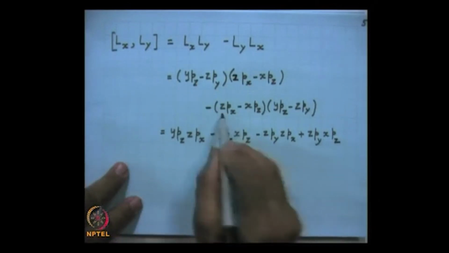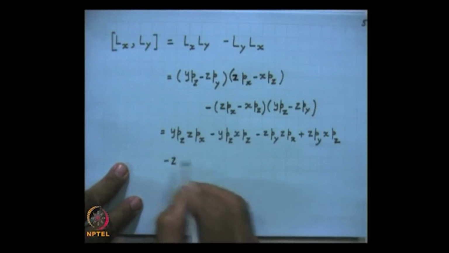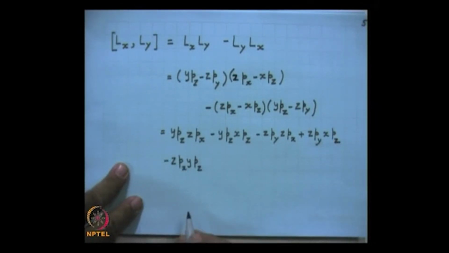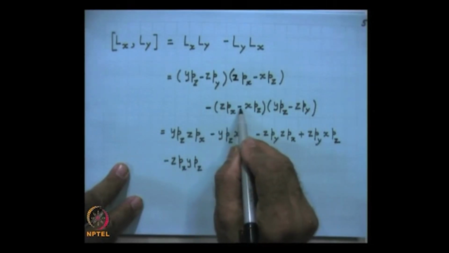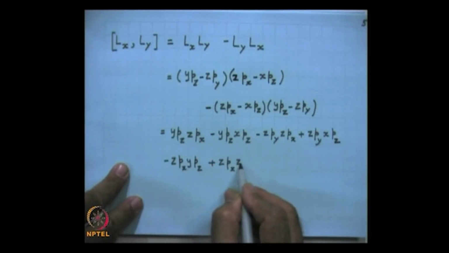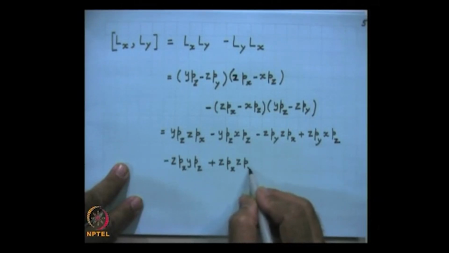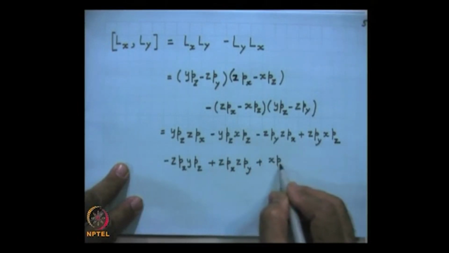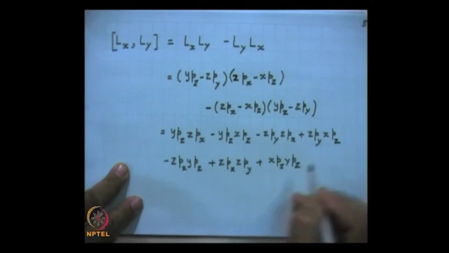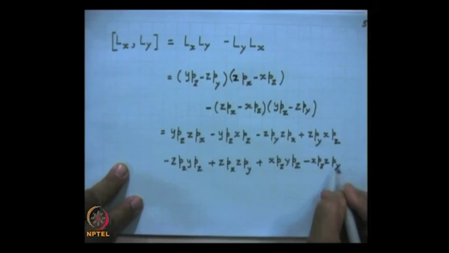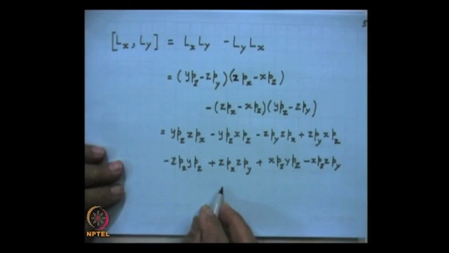And this will be minus z p x y p z, and then this times this will be plus z p x z p y, and then this that is plus x p z y p z, and the last term will be minus x p z z p y. So, you will see